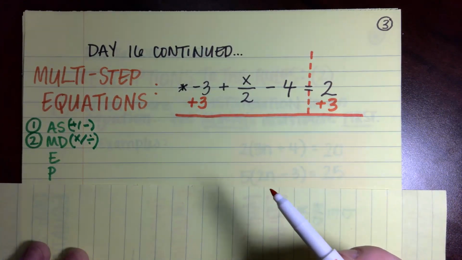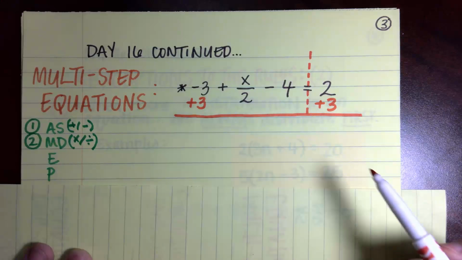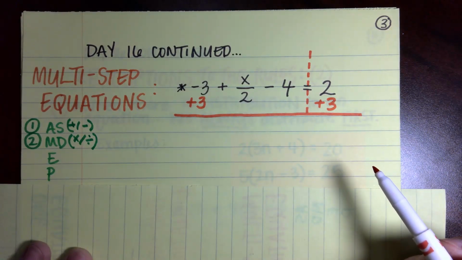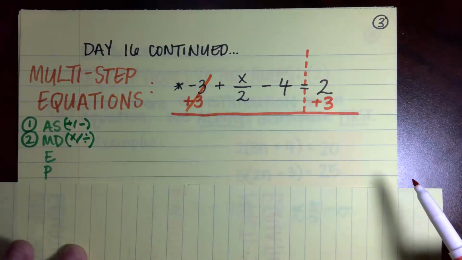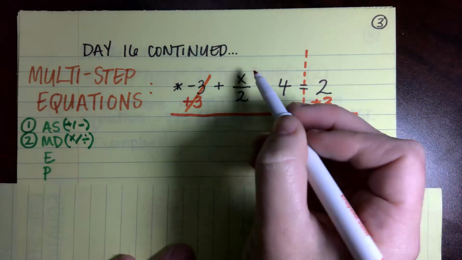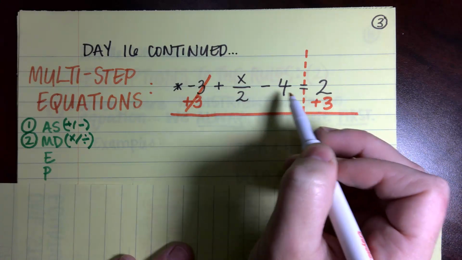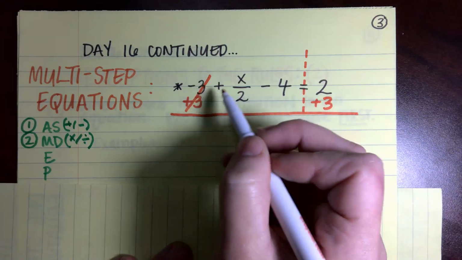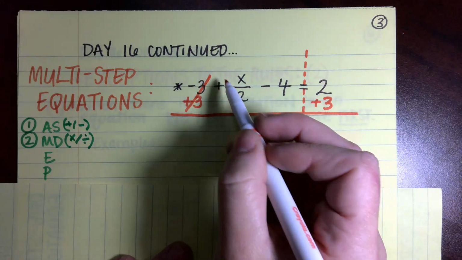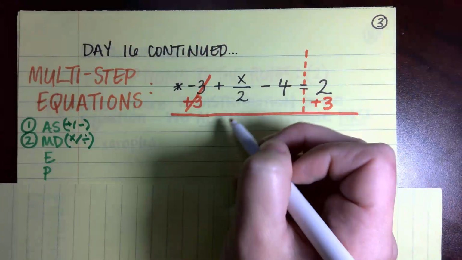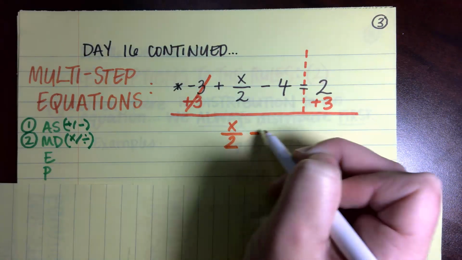Okay, what's going to happen here? Bring it down. What am I bringing down? You're going to cancel out the 3s first. Yeah, my 3s cancel. Let's just get rid of those. We actually don't need to bring the plus down because we got rid of our -3. So that's gone. We're going to bring down x divided by 2 minus 4